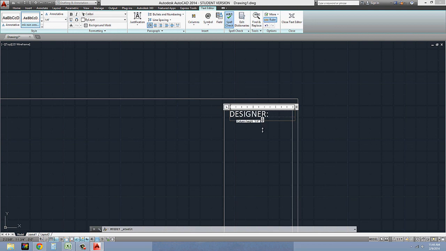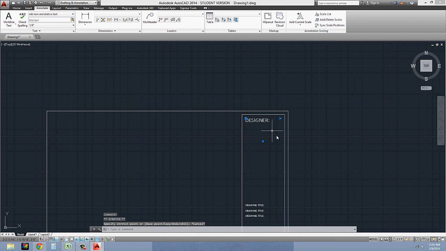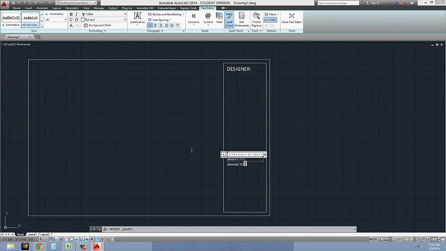Okay, and again, if I want to change this window, I can change it here and here using these grips if that text is selected. If it's not, then these blue arrows are the same thing, and I can do it that way. Okay, so I can edit this, scale,